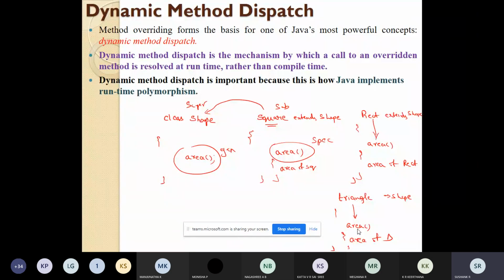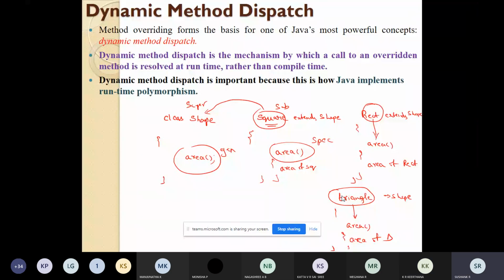So this is my superclass. After that, I created three subclasses: a class called square, a class called rectangle, and a class called triangle.